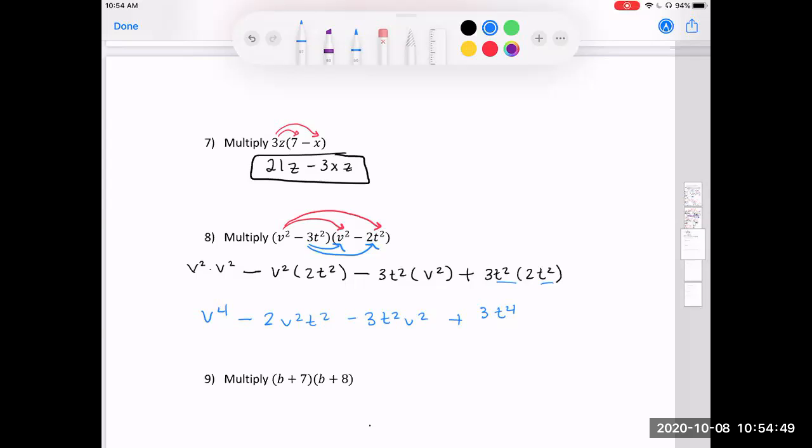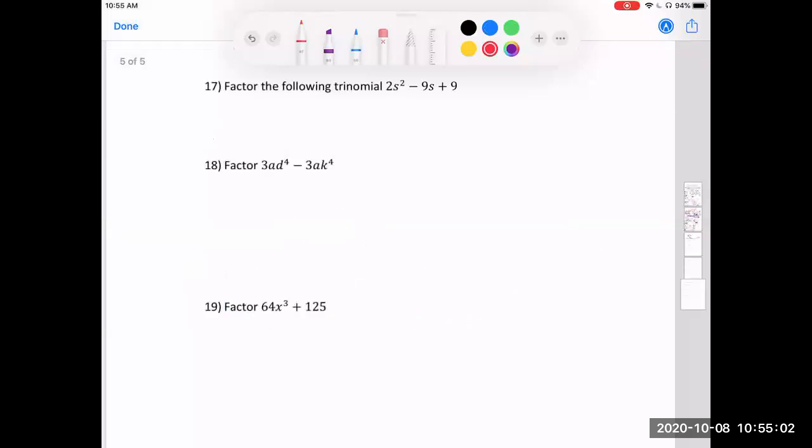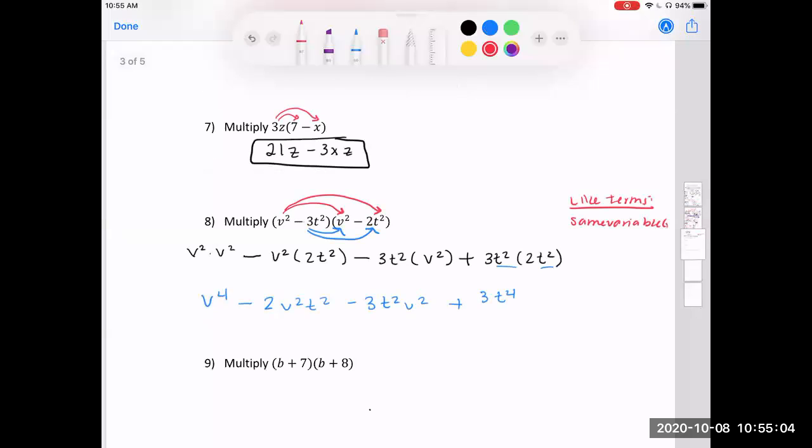Do we have any terms where they have the same variable? So like terms have the same variable or variables with the same exponents. Do we have any of that? And we do. We have that t squared v squared. I know some of you might think, oh, but they're in different order, but they're still the same variable with the same exponent. So because of that,